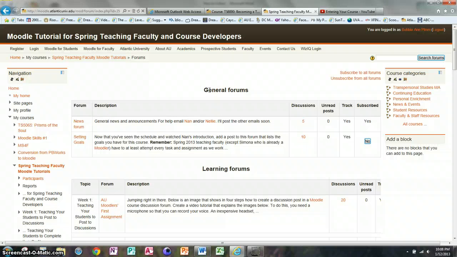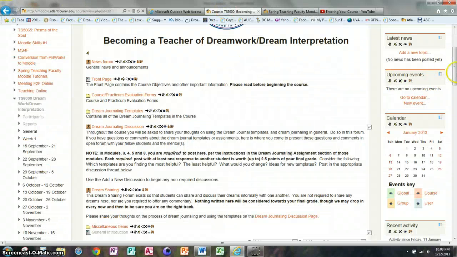We probably set all of the courses up to just the general forum, meaning that each student can start a discussion and reply to a discussion. There were other settings that you can set so that you wouldn't be able to see a discussion until you already started your own discussion. So that may be something to check out. Actually, why don't we go back and do that in one of my